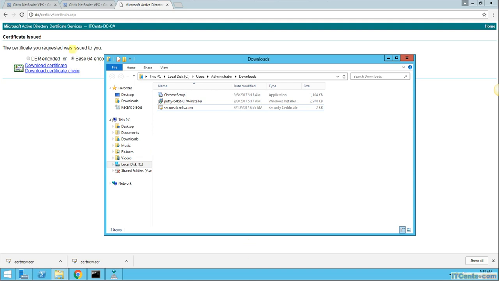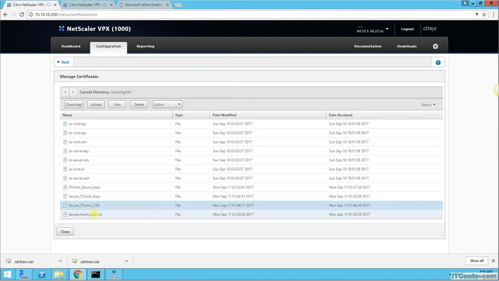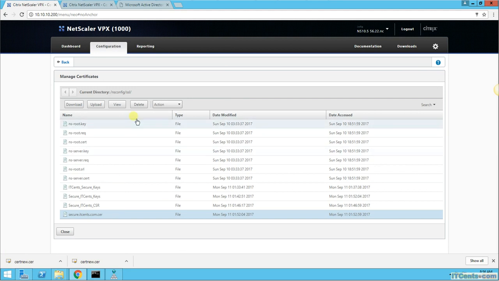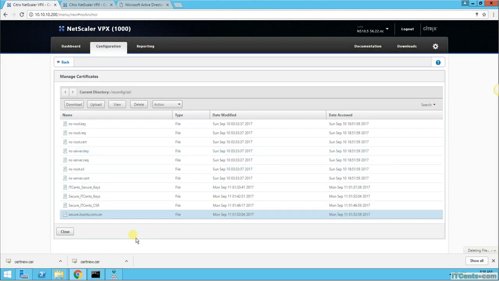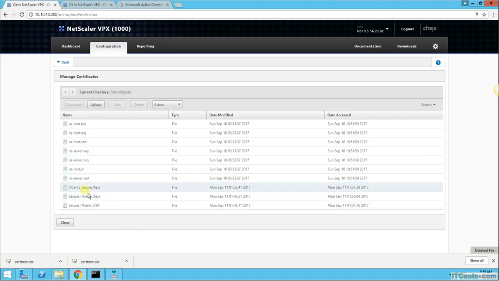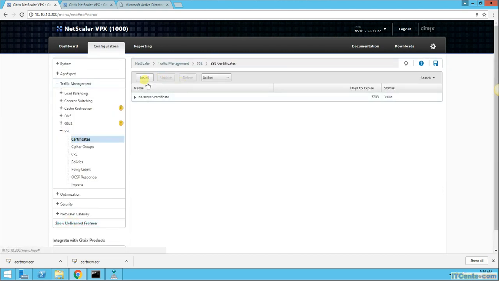Then we'll go back to NetScaler, close this, and I would like to delete this certificate to make sure there is no confusion. So go back to certificate, I'll say install,